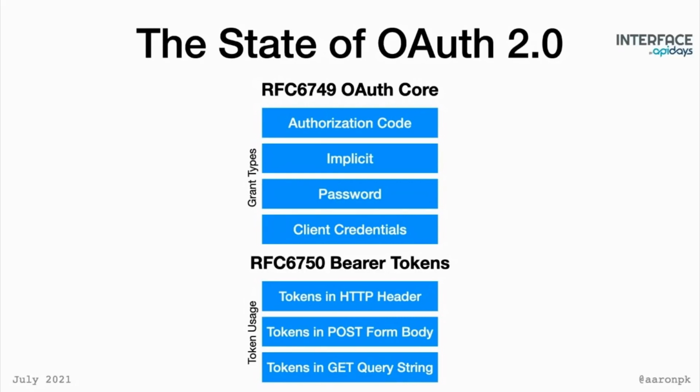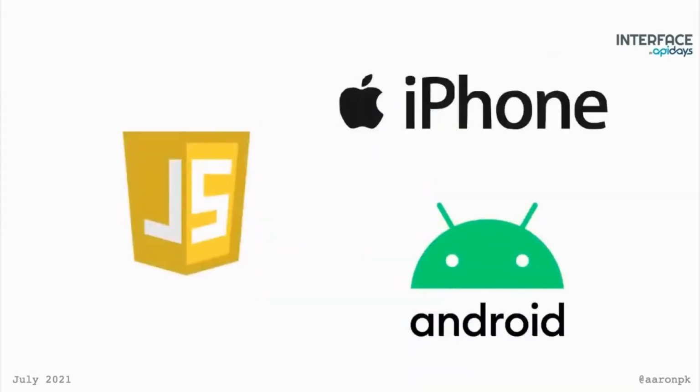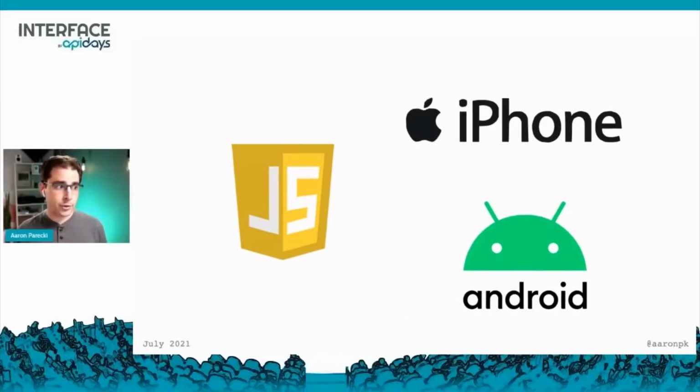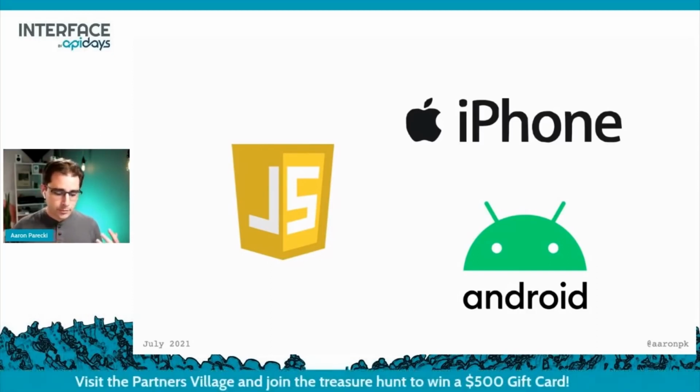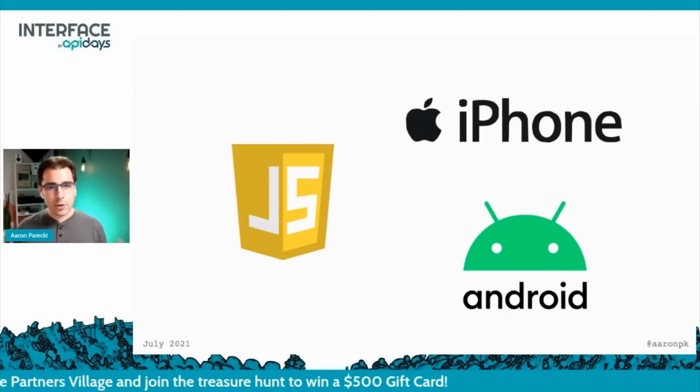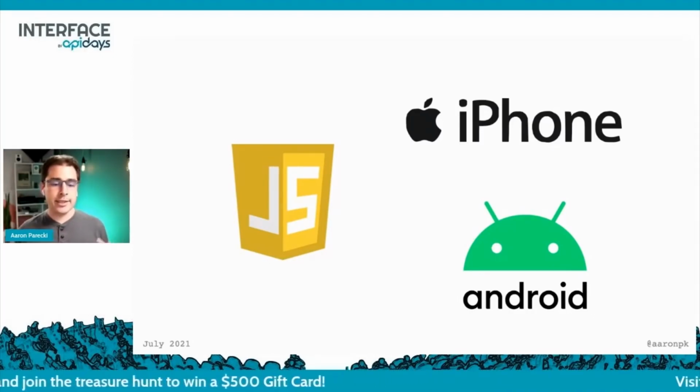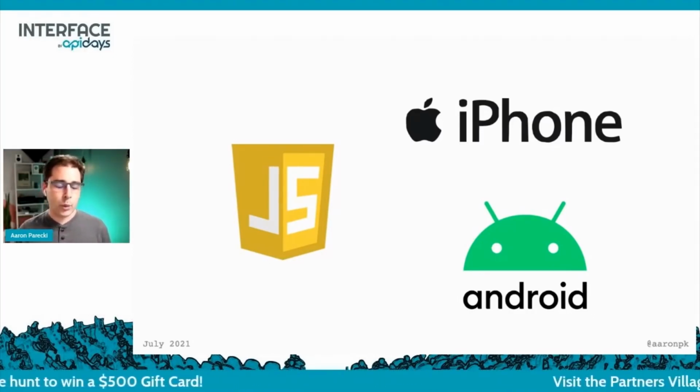So, okay, that's the foundation. And then we get into some of the different recommendations that have popped up over the years around specific kinds of applications. When OAuth was first created, mobile platforms were very, very new, and single-page apps were also very new and hadn't really taken off yet as a normal pattern on the internet. So that meant there were some workarounds, I guess, or things in the core spec